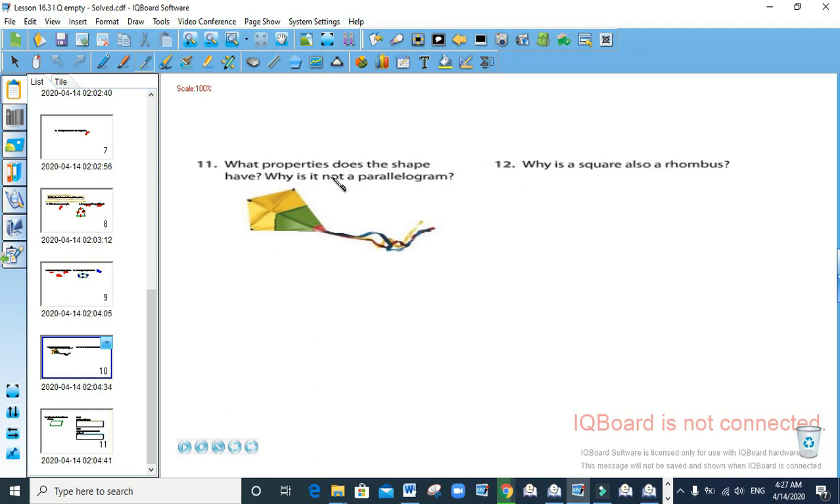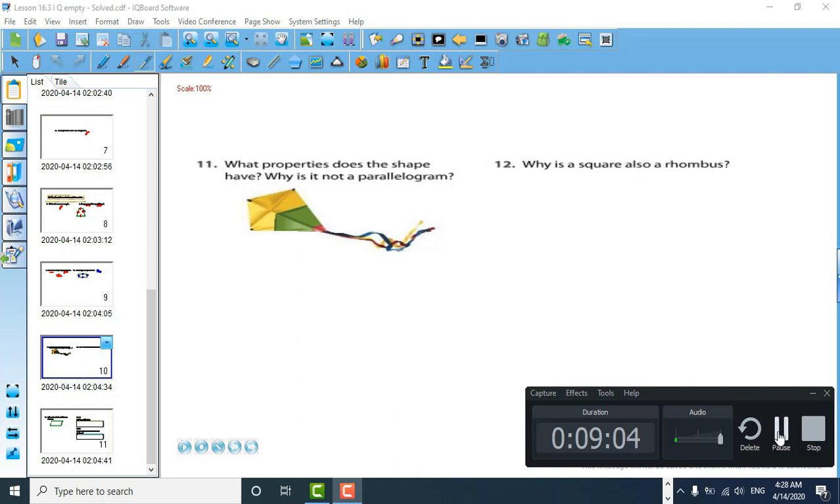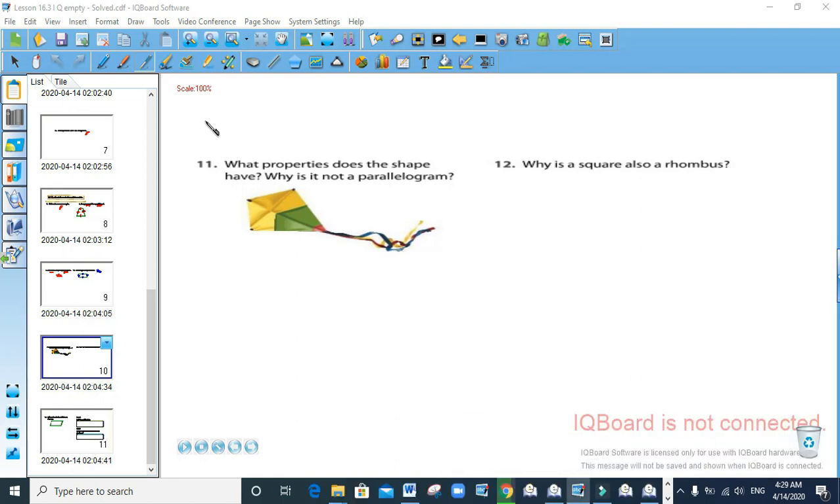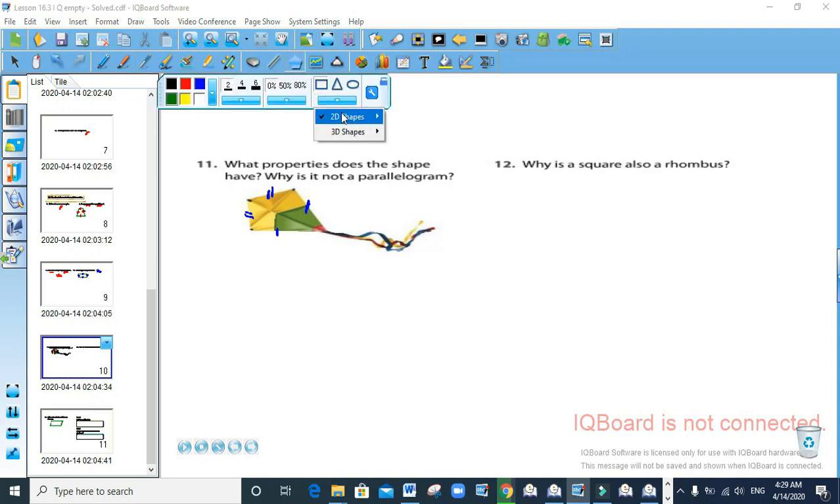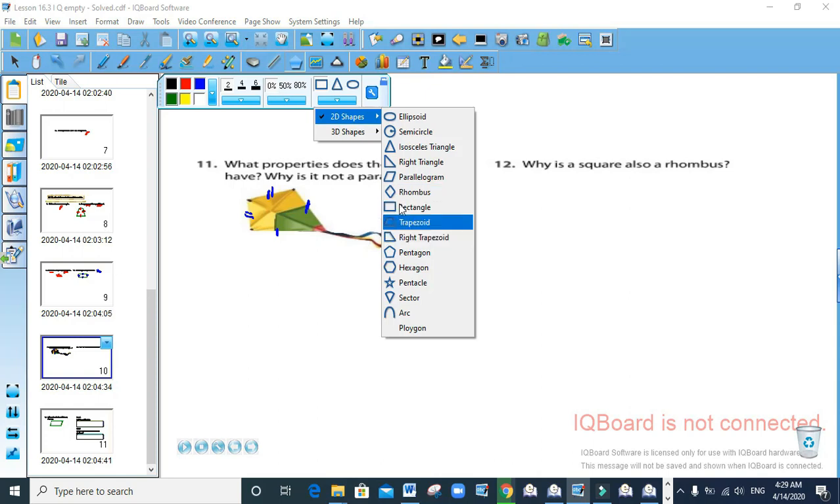Now, what properties does the shape have? Why is it not a parallelogram? Now in question number 11, as you see, it is asking us about this shape, which is a kite. In this kite, we can say that these 2 sides are equal, and this side is also equal to that side. But in a parallelogram, as you see, if I draw a parallelogram here, this one,